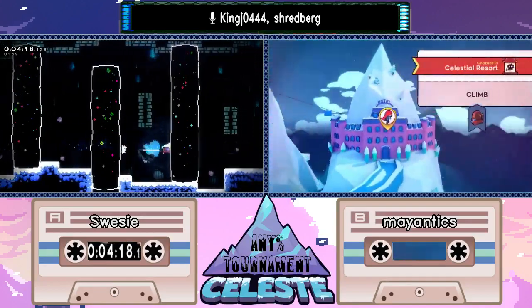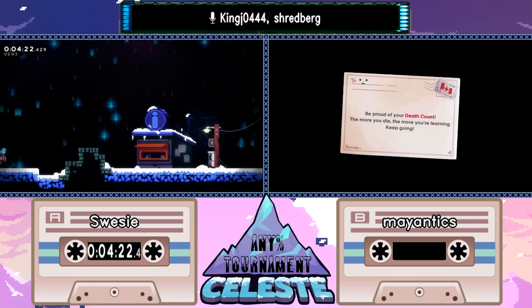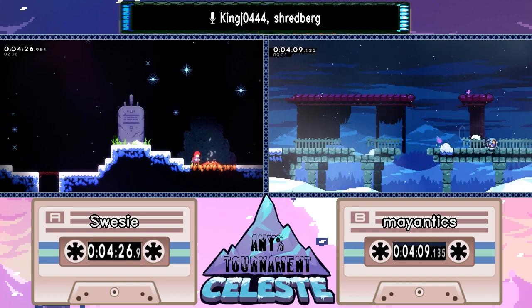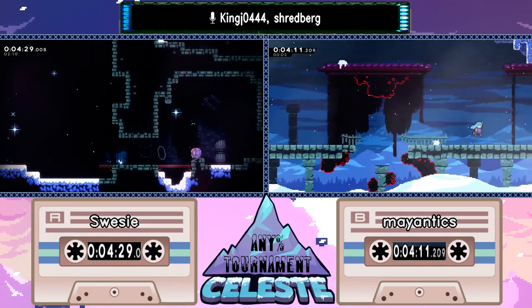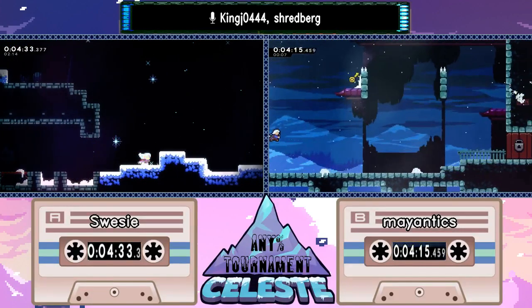Swesie right now is just about to get to the awake section, so still not doing really bad at all, doing amazing. Just a few unfortunate deaths here and there, but nothing that a few nerves won't cause you to have, obviously, in a tournament setting. Yeah, absolutely. So into chapter...